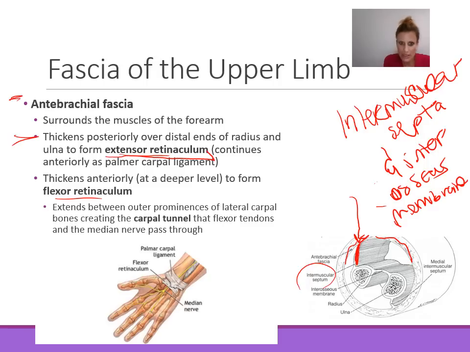This is a nice thick area that goes over and holds the extensor tendons in place. The extensor tendons that come through and connect distally are held in place by this extensor retinaculum that rides over them kind of like a belt, so that they can move, but they don't move